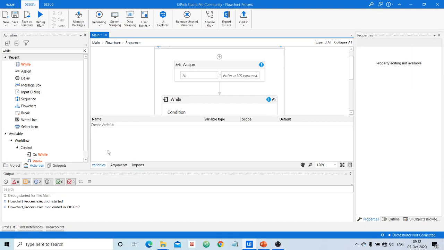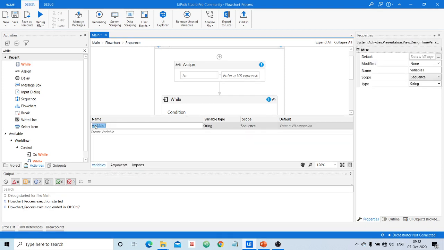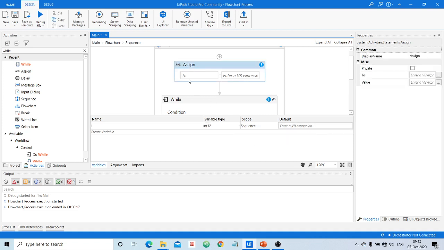This is how you can delete variables. Here I need a variable with the name I, and the variable should be of type Int32, 32-bit. I will come back to that. By default it is 32-bit here, right? And the scope, let it be sequence. I don't need a default value because I will give the value here itself.